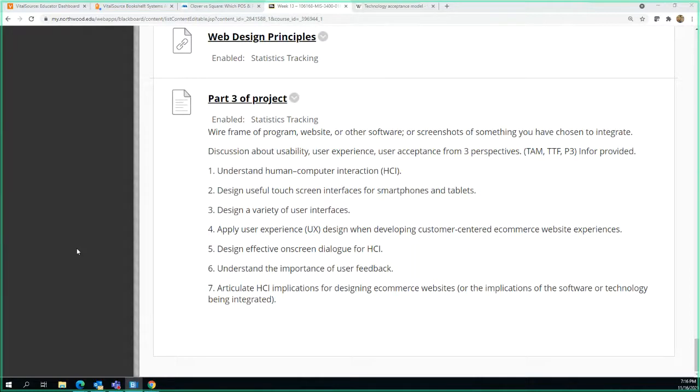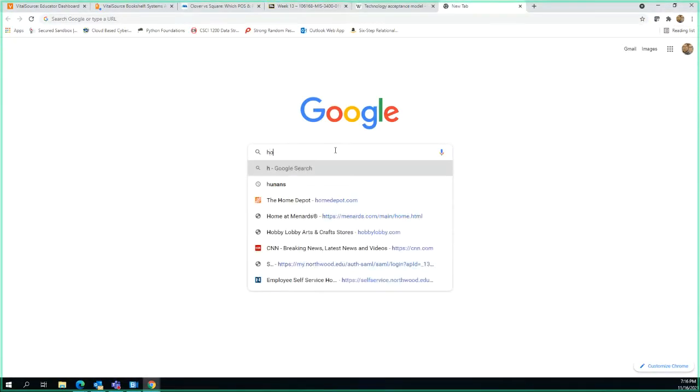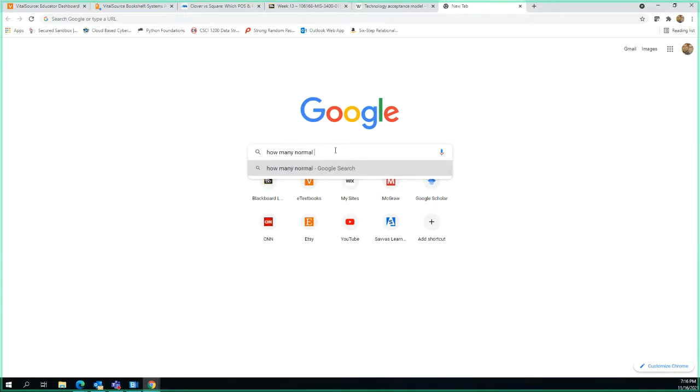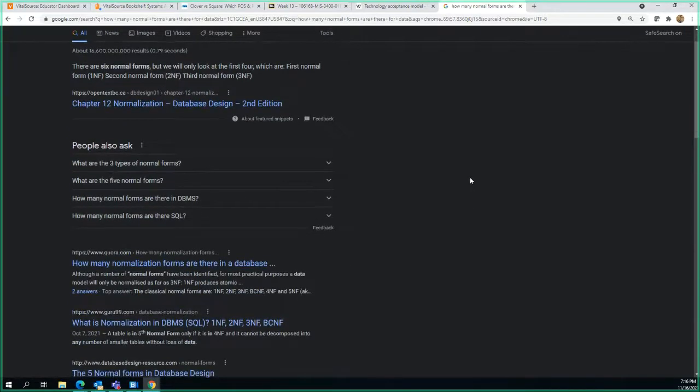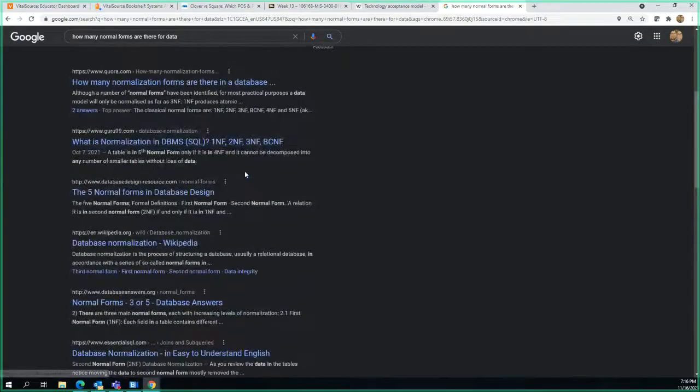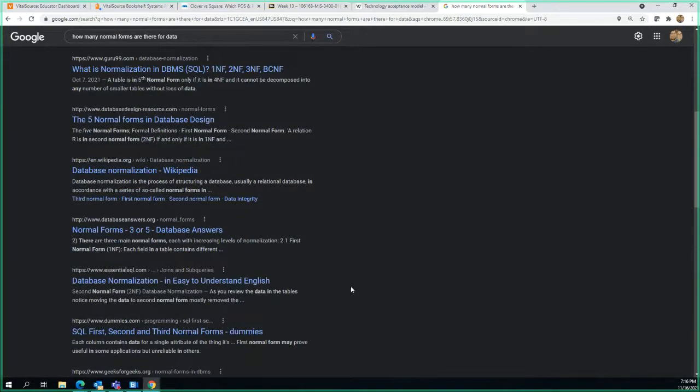You can go all the way out. How many normal forms are there for data? There are 6 normal forms that we look at, but there are actually more than that, somewhere around 10 or 11, though we don't ever do them.